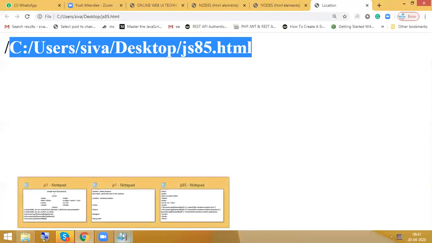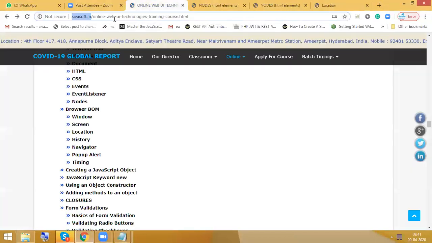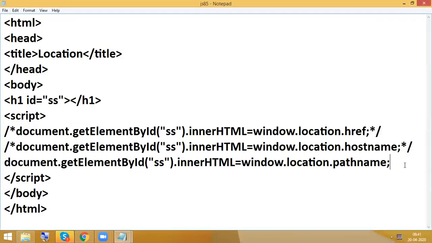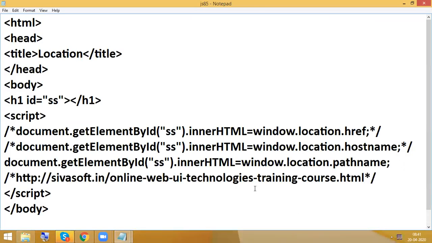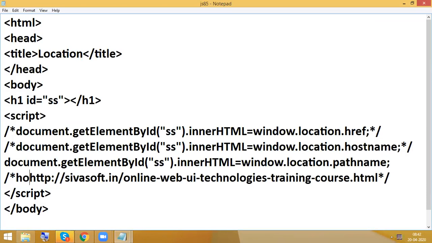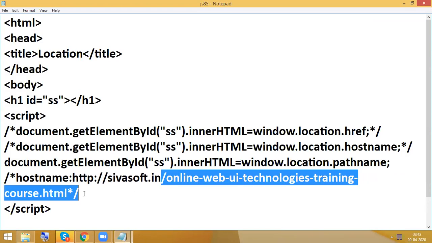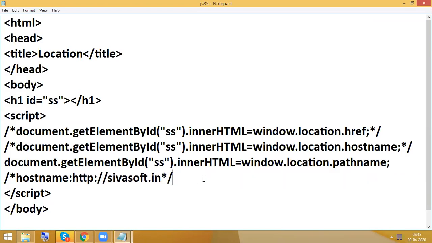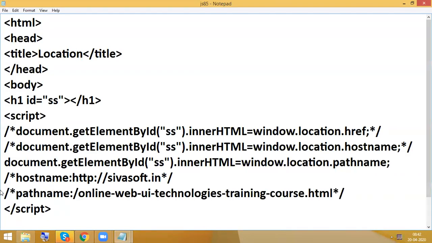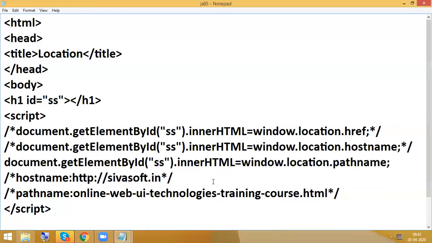For your explanation purpose, I am giving this example, believe it, that's it. Assume that this is your path, right? Host name is nothing but, suppose you have a path like this, host name is sivasoft.in. So that is the output. This is your host name. If it is path name, you are going to get it like this.